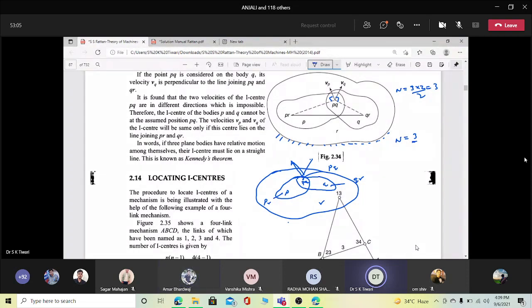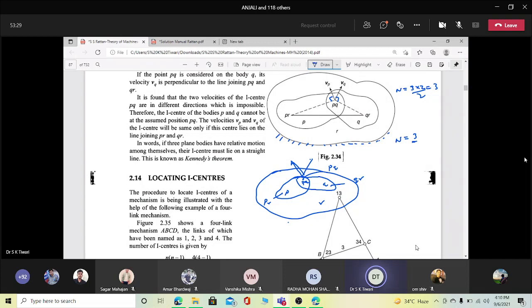यस सर। तो एक पाम जहां आपका फिक्स बॉडी R के साथ है या डेस्क के साथ है, that is PR। जो दूसरा पाम जिसको आपने Q डेजिग्नेट किया जहां R के साथ कांटेक्ट में है, that is QR। और जहां आपके दोनों पाम एक दूसरे को ओवरलैप कर रहे हैं, वहां पे आपने एक पॉइंट आइडेंटिफाई कर लिया P और Q का। अब मैंने ये 3 आई सेंटर्स आइडेंटिफाई कर लिए।